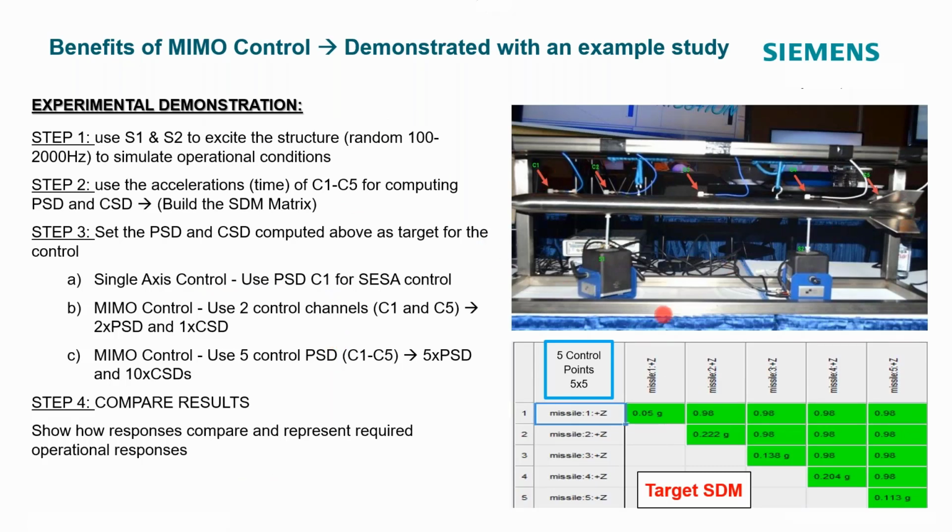And we actually have a setup here in our lab and we can demonstrate these concepts with this long slender missile where we have two shakers, shaker 1 and shaker 2, and then we have 1, 2, 3, 4, 5 control points, or sometimes they're responses and they just go for the ride, or sometimes in this study we use them as control points. So to demonstrate this, first of all, our step 1 is to basically just excite the structure. This is suspended by bungees. You can see those here. There's some hooks right here. So we were in a kind of a free condition.